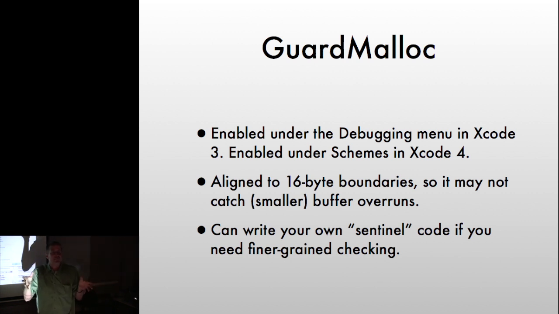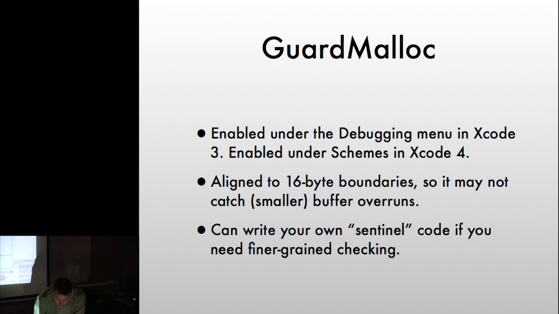Guard-malloc, like I said before, puts your code and data and everything into protected segments. They're 16 byte aligned just for the processor. So if you run over or under a buffer by a couple of bytes, sometimes it'll flag, sometimes it won't. It's gotten a lot better about it. You used to be able to almost all the time run over by a couple of bytes. It's gotten a lot better about automatically aligning and padding the code and the data out, so that it almost always catches a bad